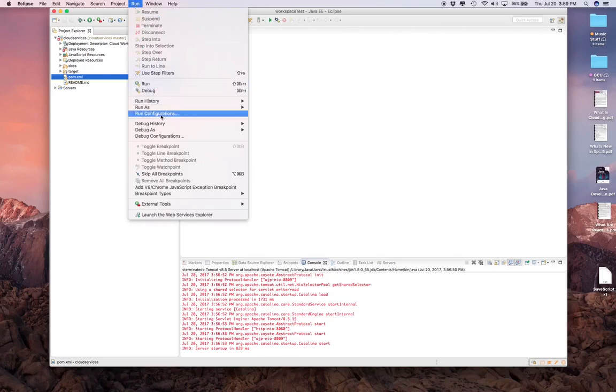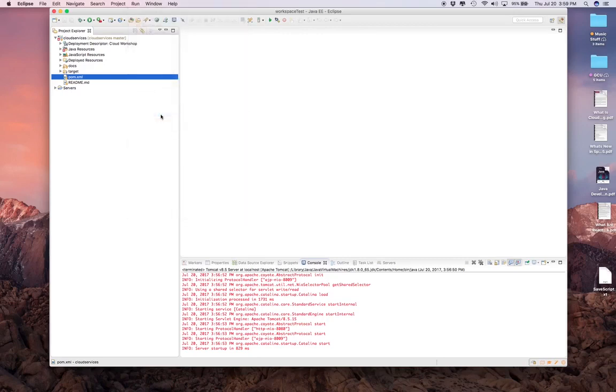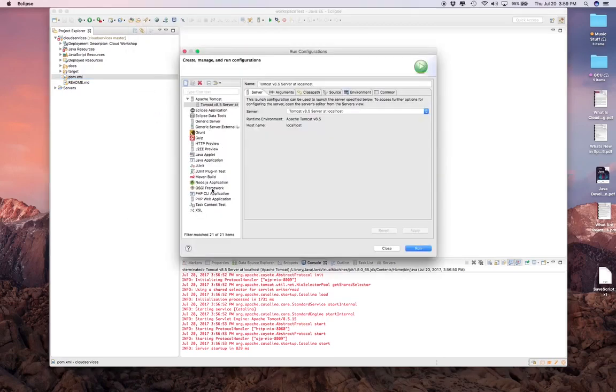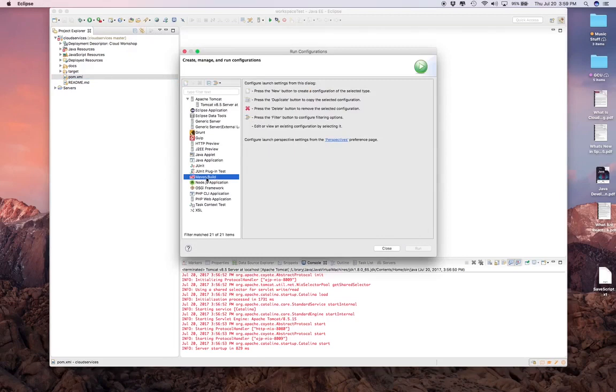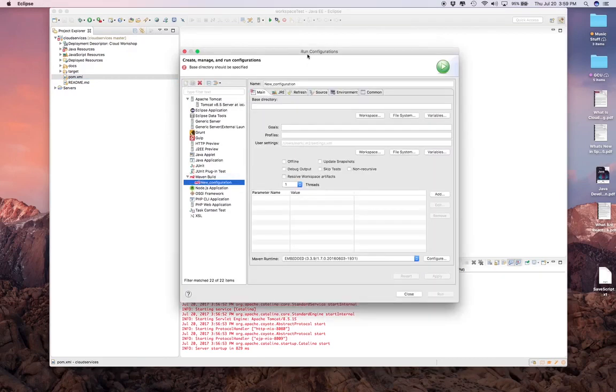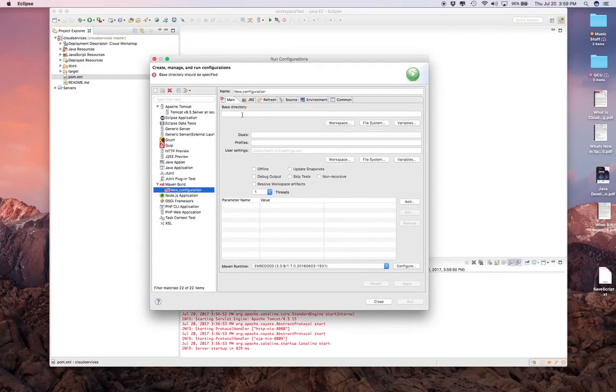So you can select under the Run menu, Run Configurations. And one of the options is to run a Maven build file. So if we select Maven build and click New, then we can set up a script to build our application